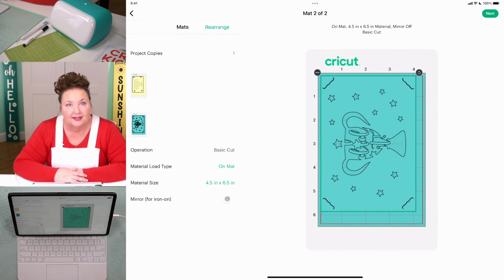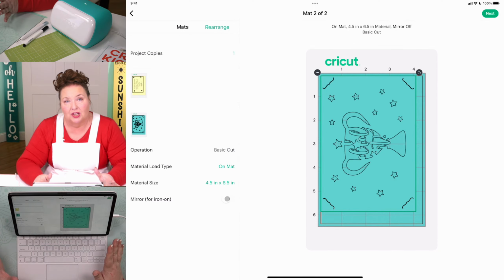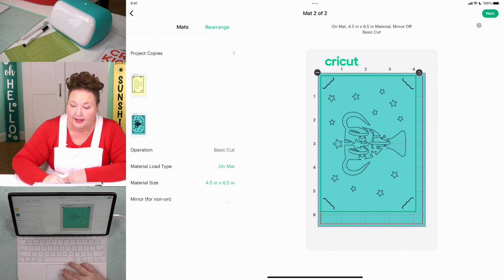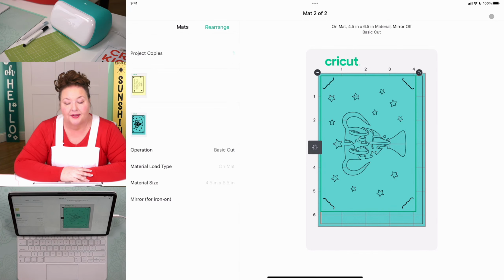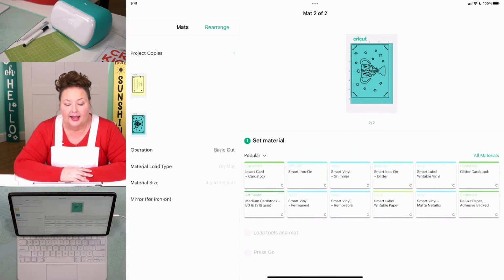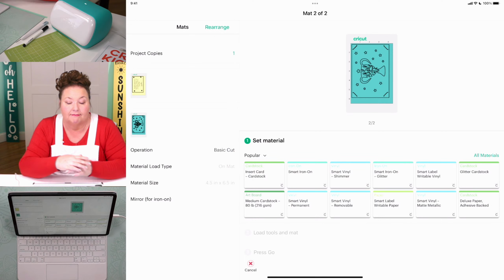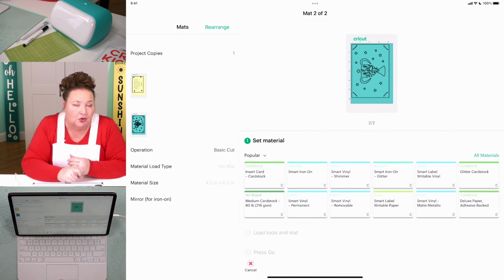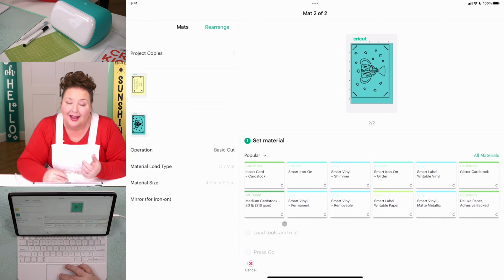I'm not mirroring it. So once everything looks good on your prepare screen, you are ready to tap the next button in the upper right corner right here. And that will take you to the make screen. And on the make screen, you want to choose your materials, okay? So let's see. I tend to use medium cardstock a lot, and it's under popular right here, and we want medium cardstock for